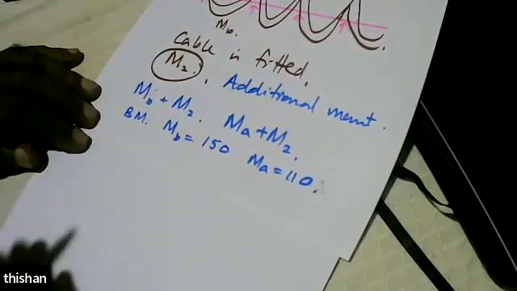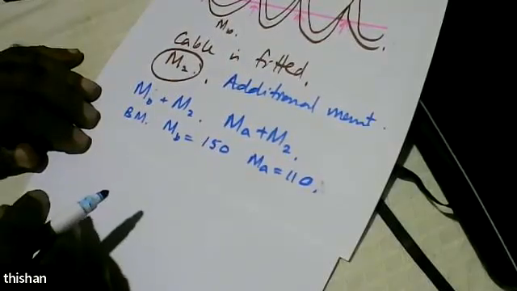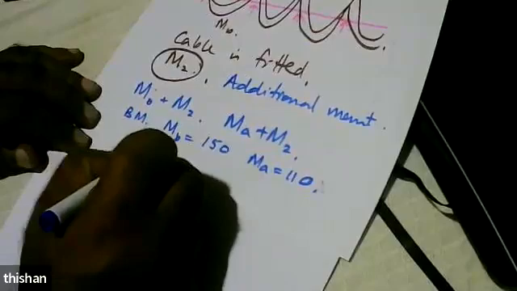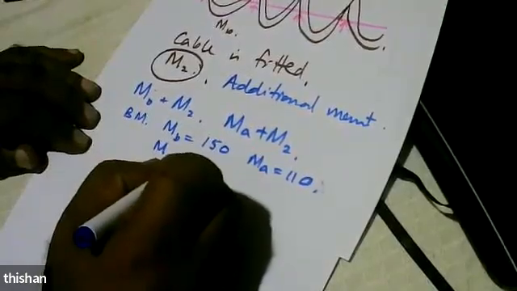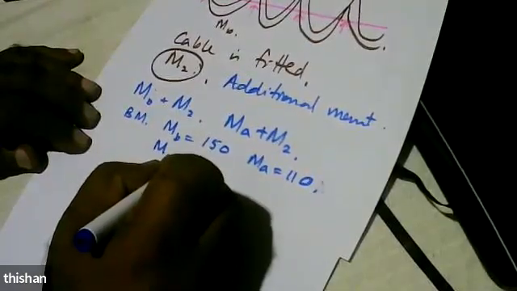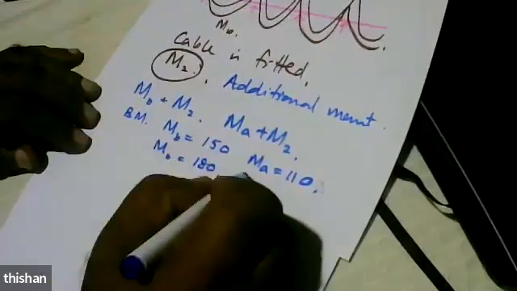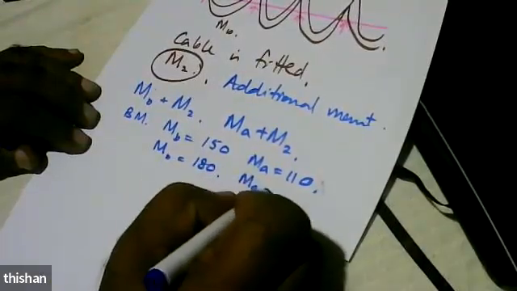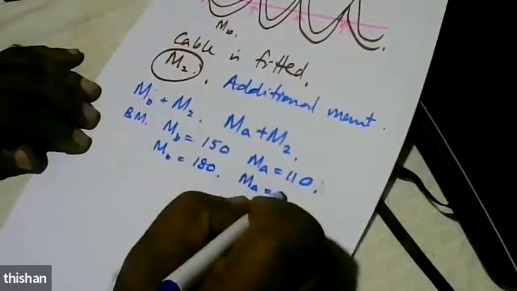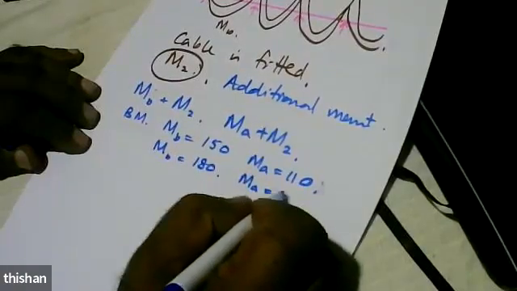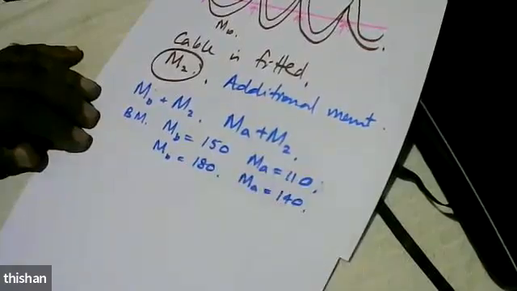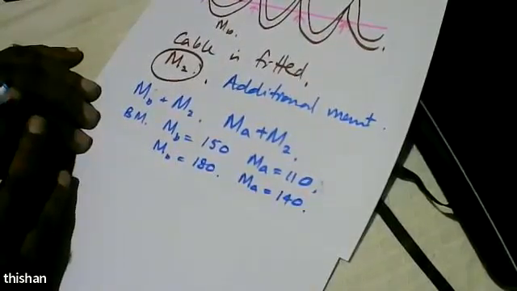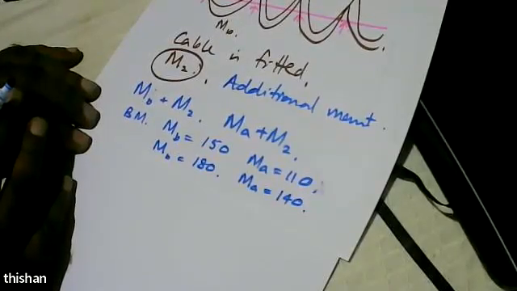And then you fit the cable and suddenly you find this MB is not 150, it is 180. And MA is not 110, it is 140. Now what will happen to your calculations? All will go wrong. So this was the problem faced by engineers who tried to design